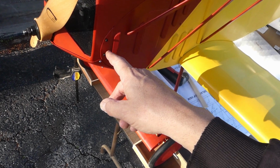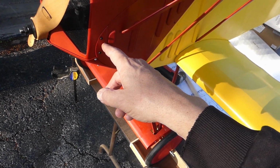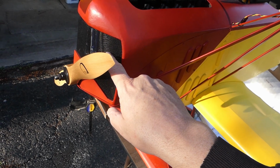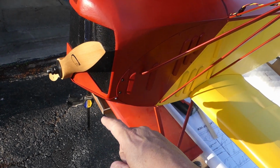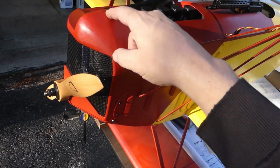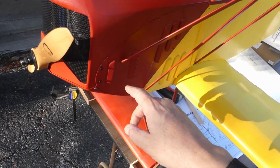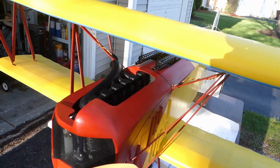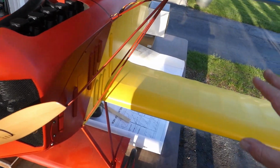I know a lot of people have said they've had to put 5, 6, 7 pounds of lead in the nose, which is why I went with the 4-stroke 38, because it's heavier than a 2-stroke. So I bet if you balance out all the weight, it's still pretty much what you're going to be looking for. So let me go ahead and break this thing down and get it back inside the shop,